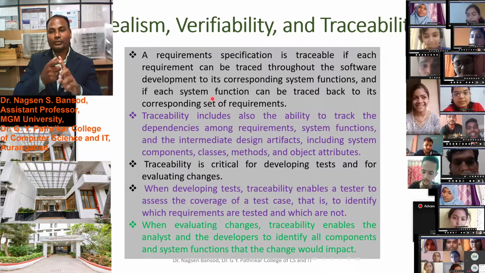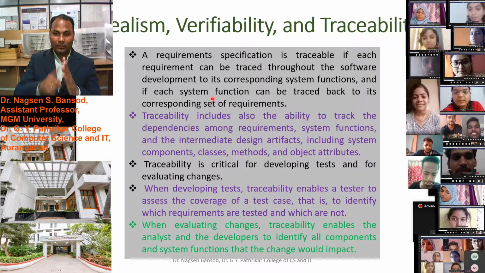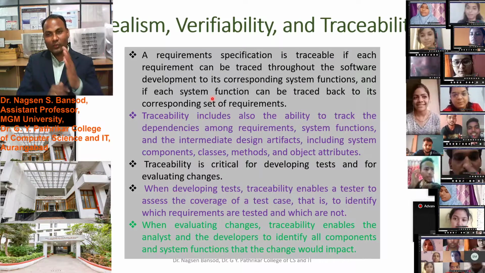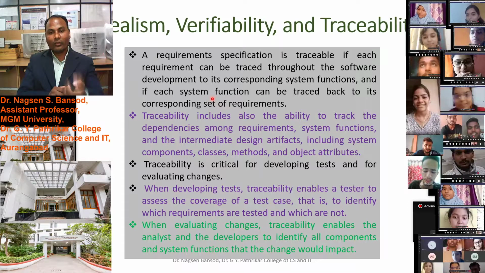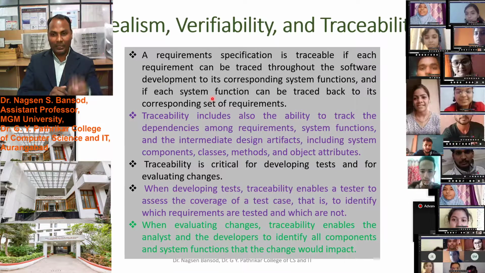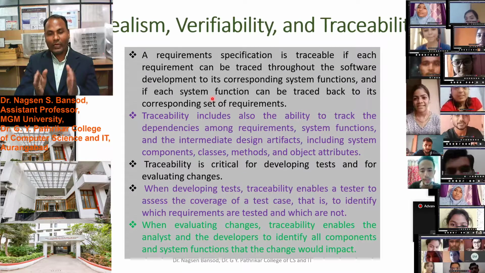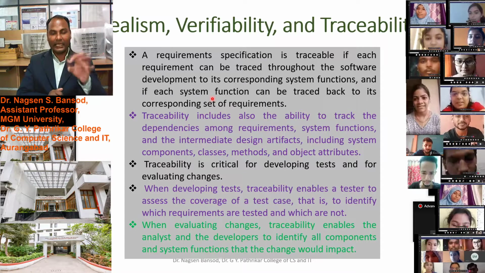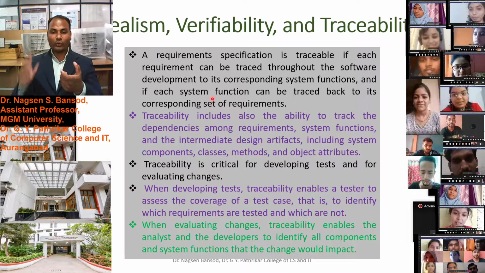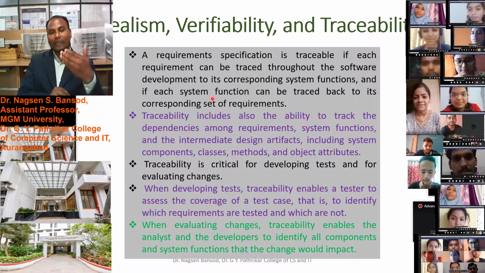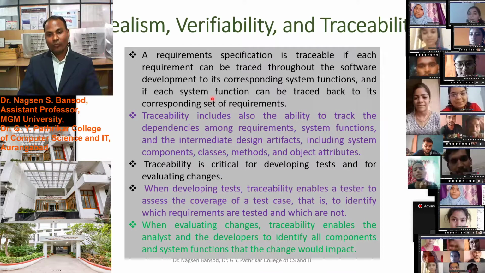Similarly, we should be able to trace whether all our programmers are working properly or not. Is there any problem at a particular function on the programmer's side? This is the next step. Actually, just now we are talking about requirement elicitation. At that time also we have to write the traceability features. We have to consider traceability during requirement elicitation and requirement specification writing. Is it clear now? Finding the faults.